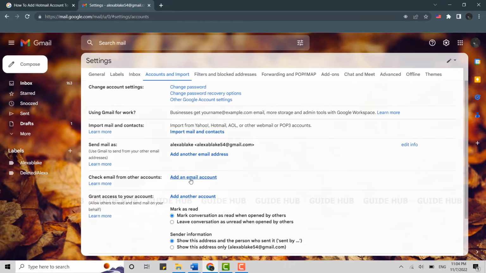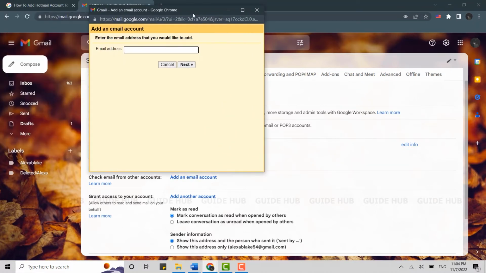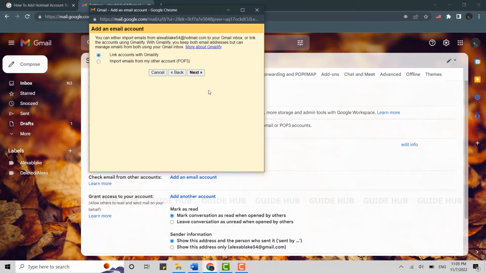You click on add an email account. It will pop out this box over here where you will be able to add the new email address for your Gmail account. And there you type in the Hotmail email address. Then click on next. You can either import emails from the Hotmail to your Gmail inbox or link the account